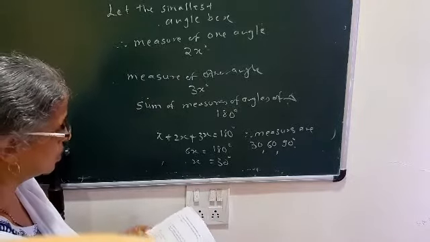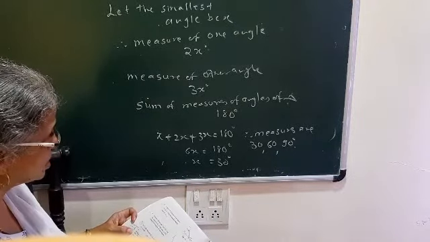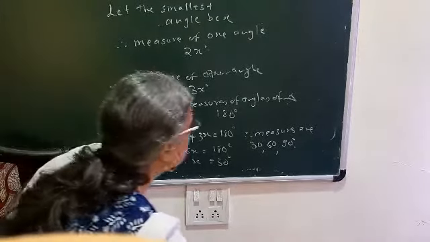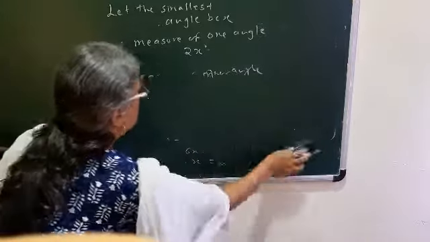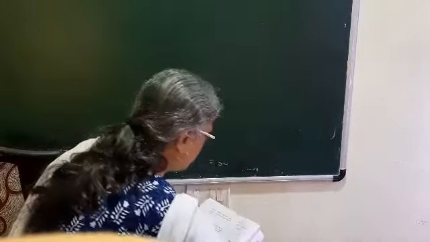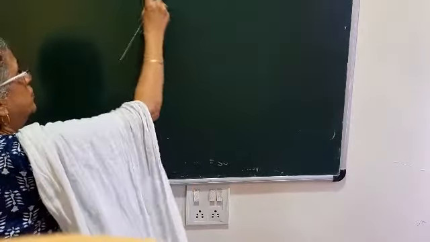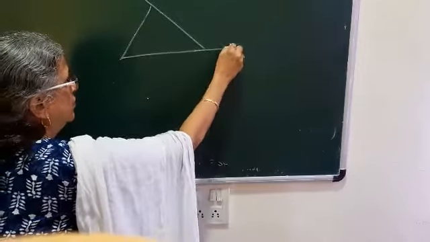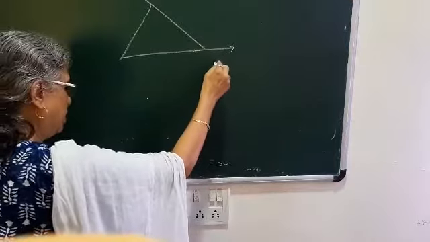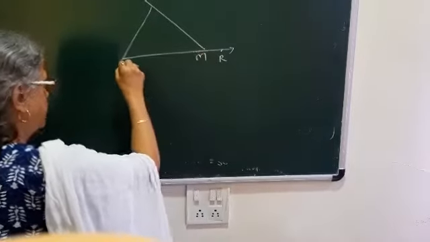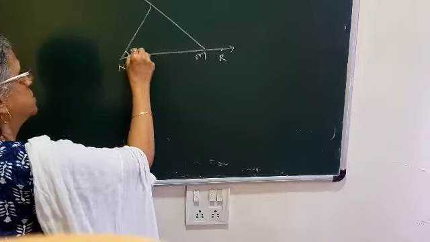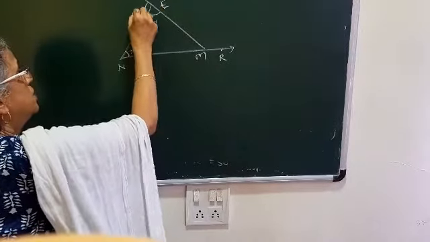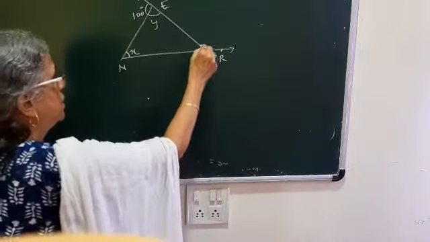Sum number 5 now. Figure 3.9, measures of some angles are given. Using the measures find the values of x, y, z. So that is also a very easy sum. Only the last sum is the proof here, otherwise the remaining are the problems. So they have given the labeling here R, here M, N, here it is X, here it is E, Y, again it is 100 degrees, here Z and 140.